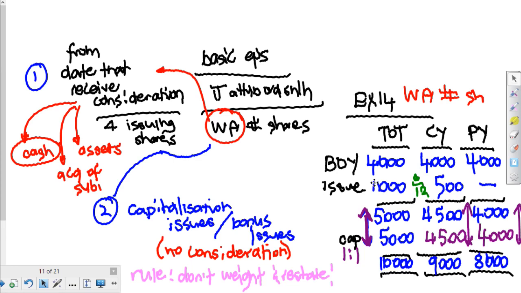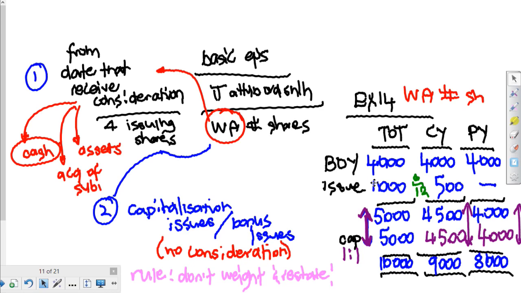Then I did a cap issue of 1 for 1. I didn't get any value for that. So I have to follow the rule. The rule says don't weight it. The weighting would have been October, November, December. It would only have been 3 months. But I'm not going to do that. I'm just going to do a straight 1 for 1. So I do a straight 1 for 1 and I land on 10, which is the answer they have,